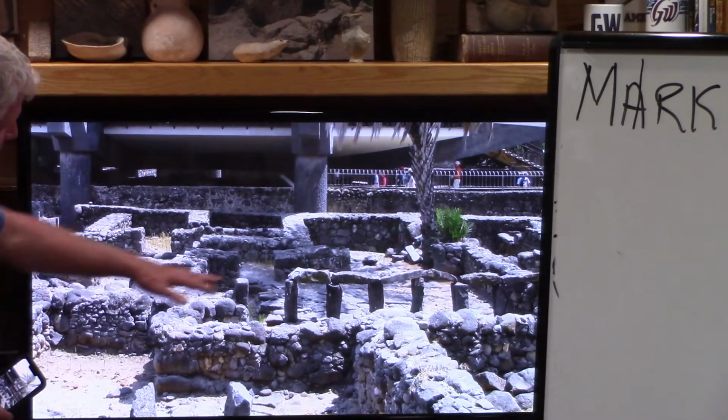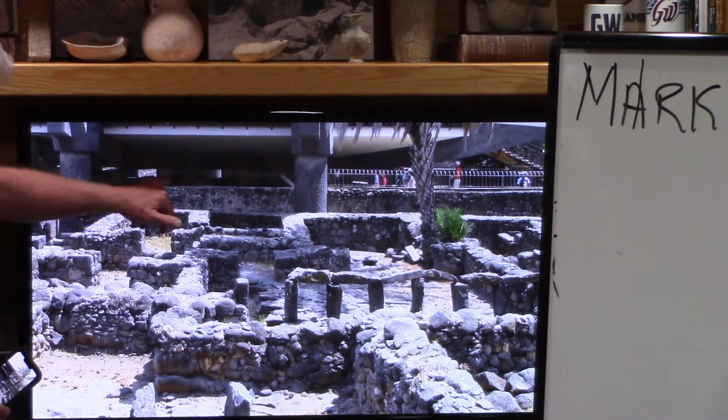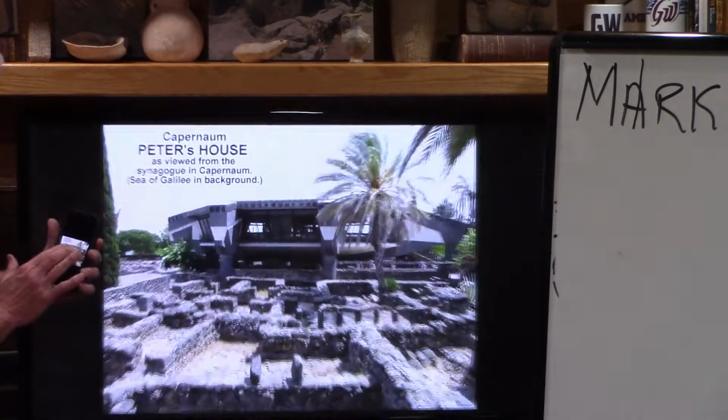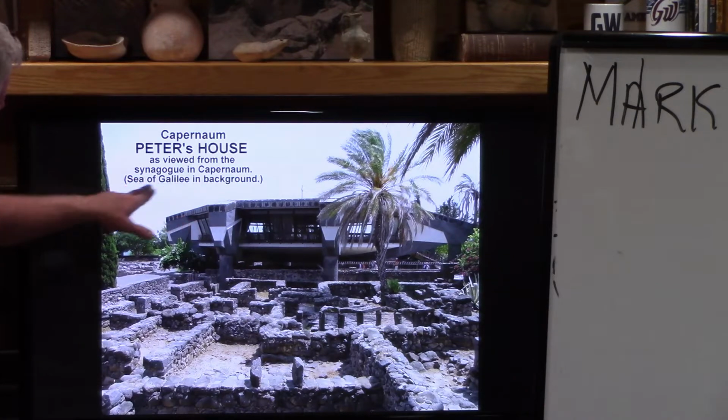These are all houses, buildings, and there's streets and walkways here. Peter's house is right here. They went immediately to Peter's house. And I can show you this, again, Capernaum, Peter's house, as viewed from the synagogue in Capernaum, Sea of Galilee